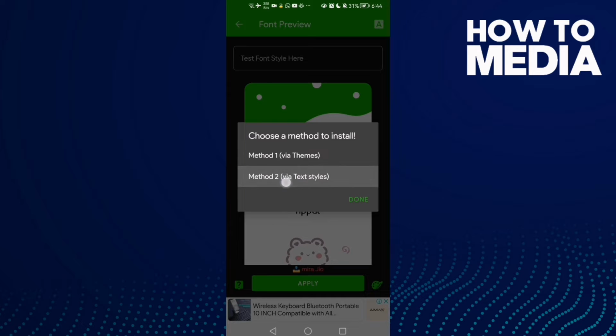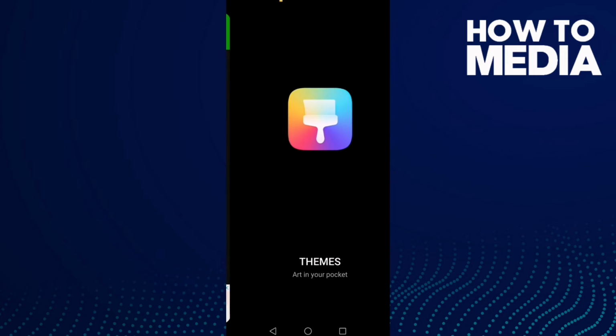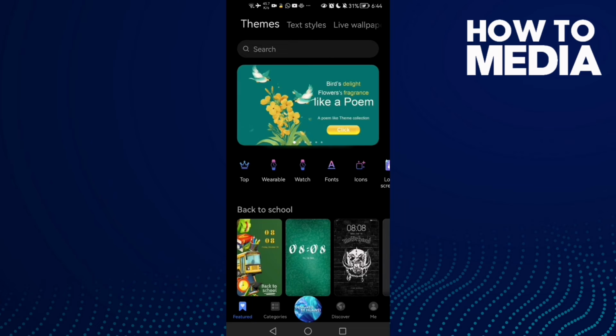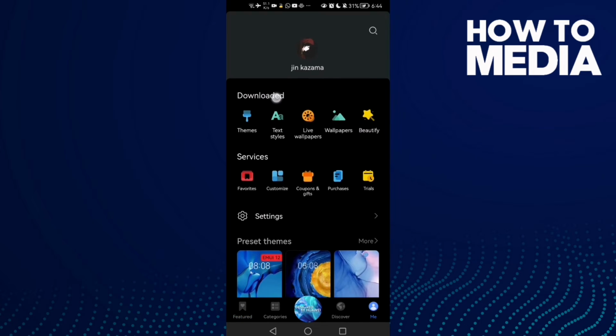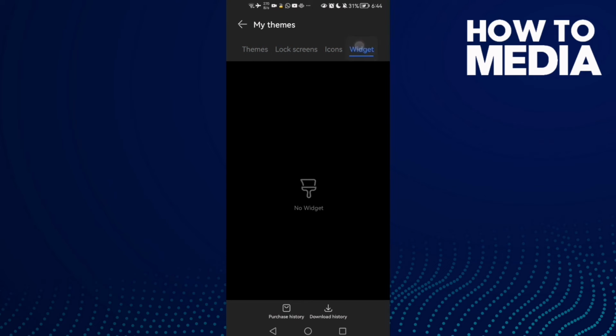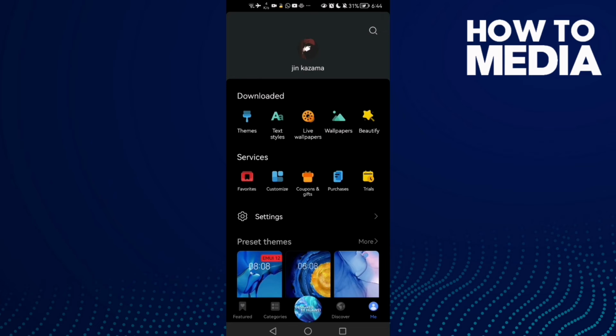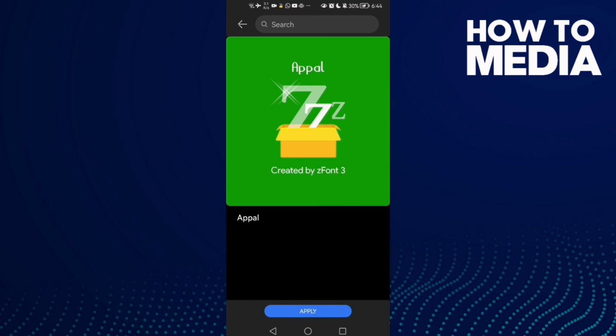and here we'll find this one. Select method, second method here, and then click open theme manager. And now just click on your profile here, and then here we'll find downloaded and click themes, and as you see here we'll find, where is it, wait, click this one, text styles, and here we'll find it, and just click on it and